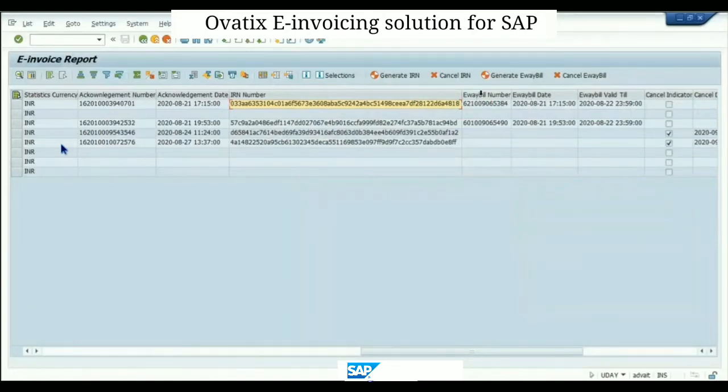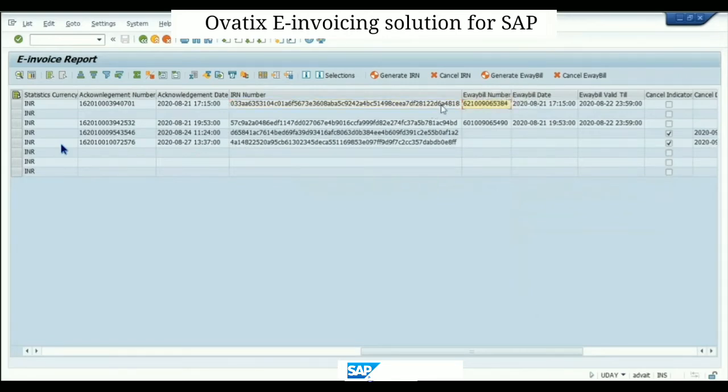And the signed QR code data will remain in a custom table in SAP, because that is a long text, right? Now, whenever you print your invoice, in that invoice printout, this IRN number and that signed QR code are mandatory. Rest all details can be the same as whatever you are printing today, but this IRN number and QR code will be mandatory. So we will do that in your existing layout.